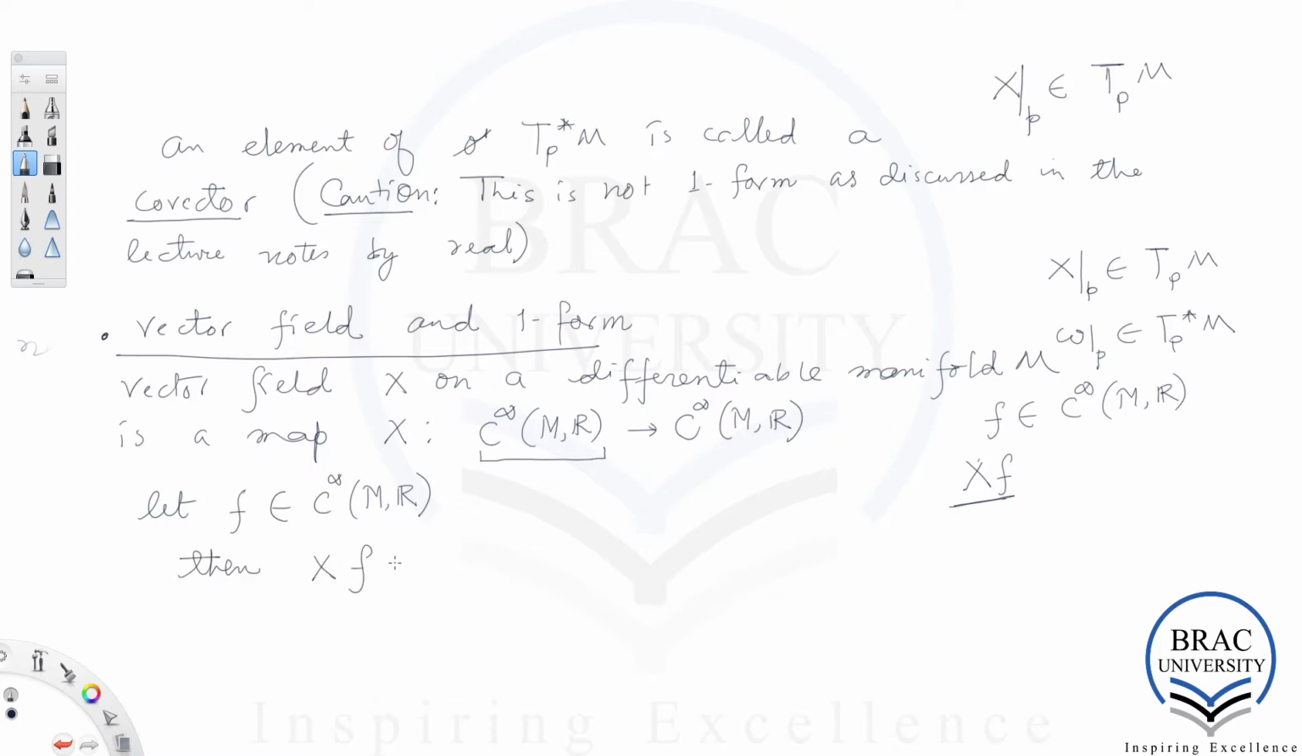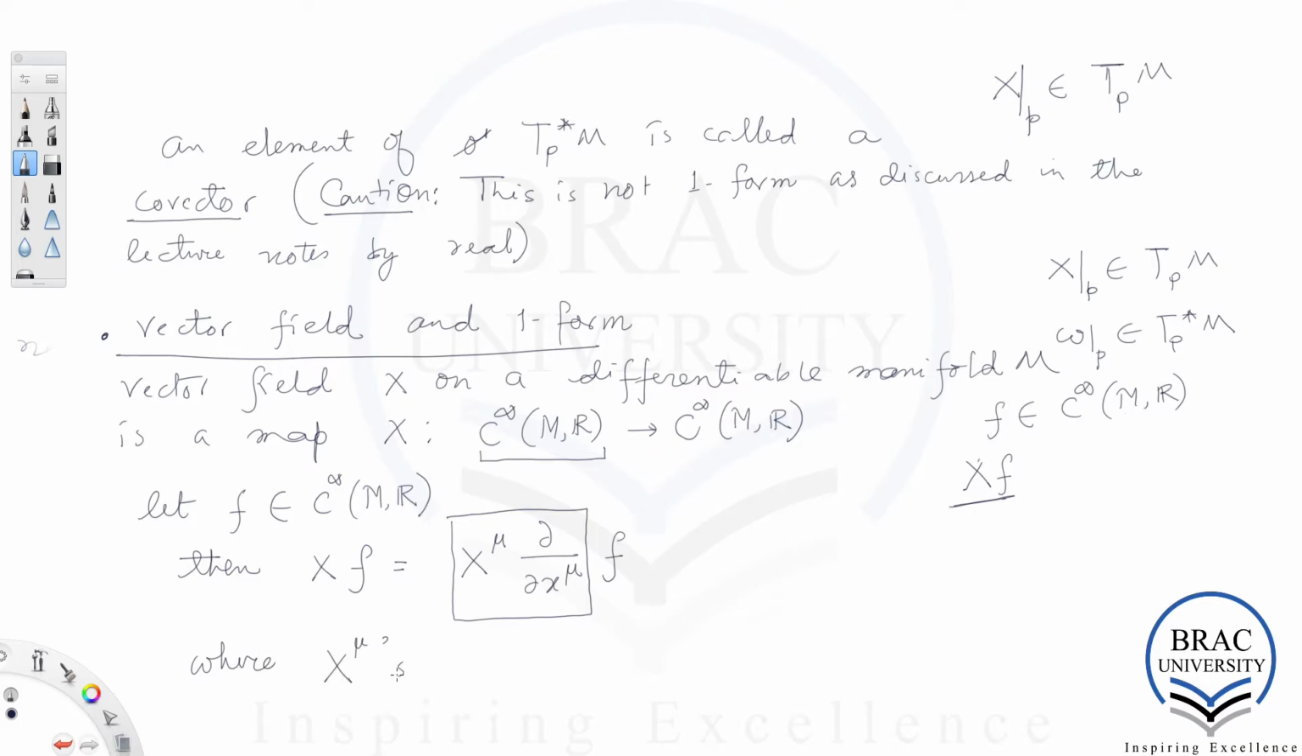Then XF is, we can write it as X mu del by del X mu acting on F. So this is how I am rewriting X, and mu goes from 1 to n. So this expression is summed over all mu's running from 1 to n, where